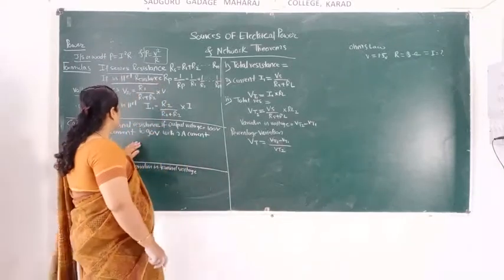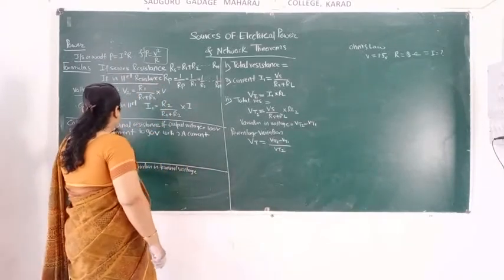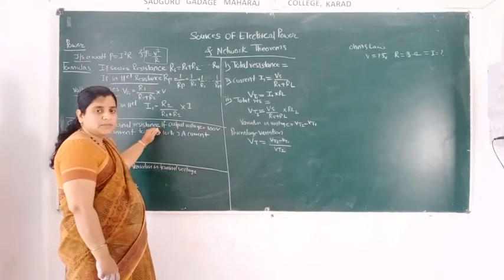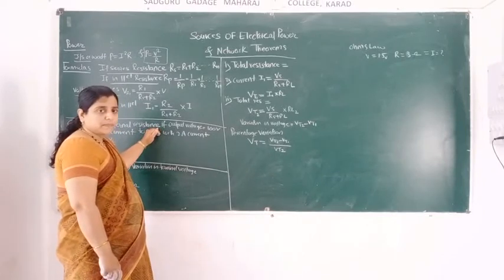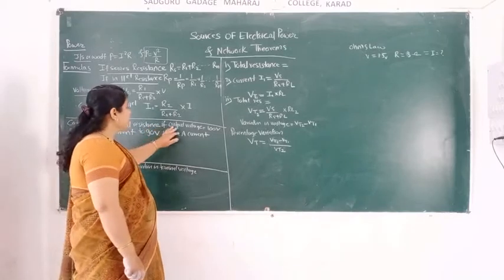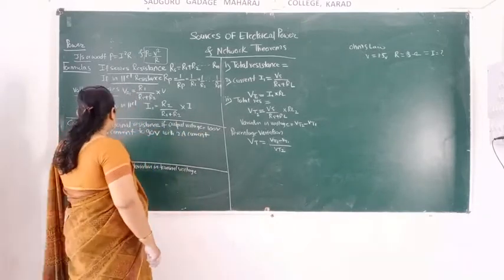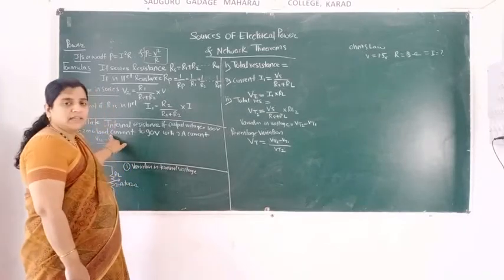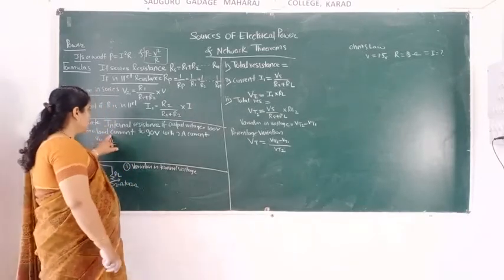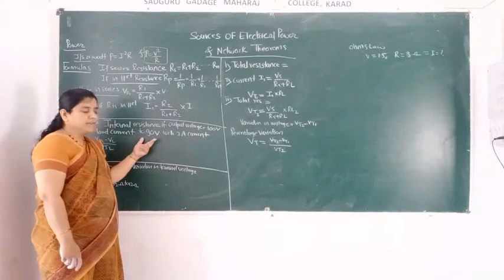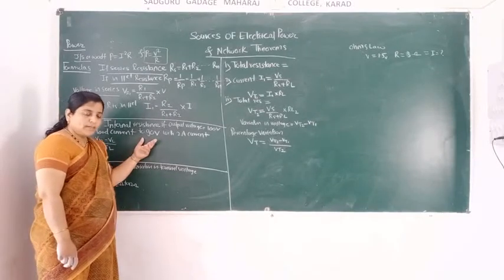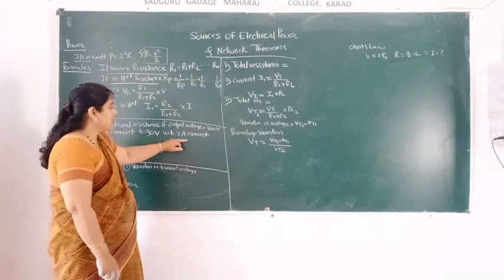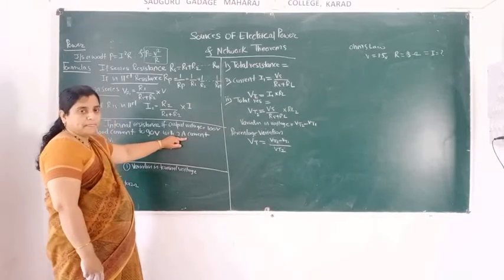Then what example is given? Calculate the internal resistance. Internal resistance means which resistance? Rs. The output voltage is 100 volt with zero load current. What load current is given? Nothing is given; zero load current is stated. Then it is 90 volt at a load current of 2 ampere. Volt means voltage, 100 volt is also a voltage, and 2 ampere is the current.